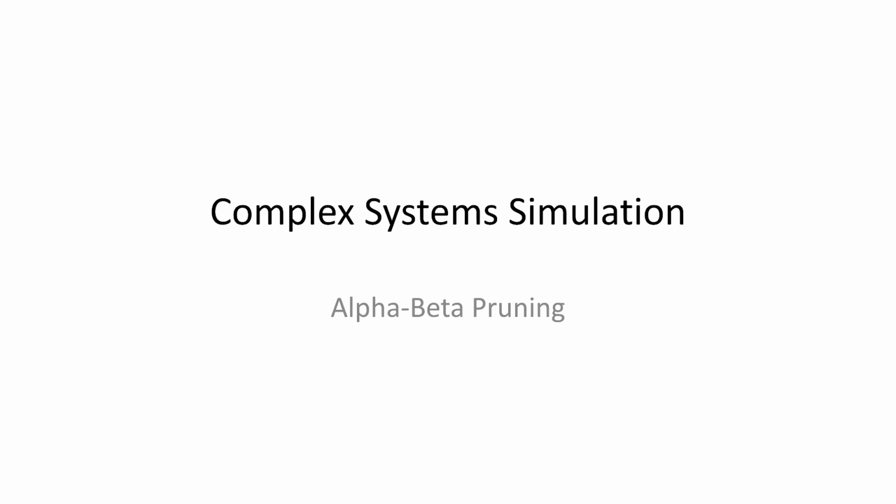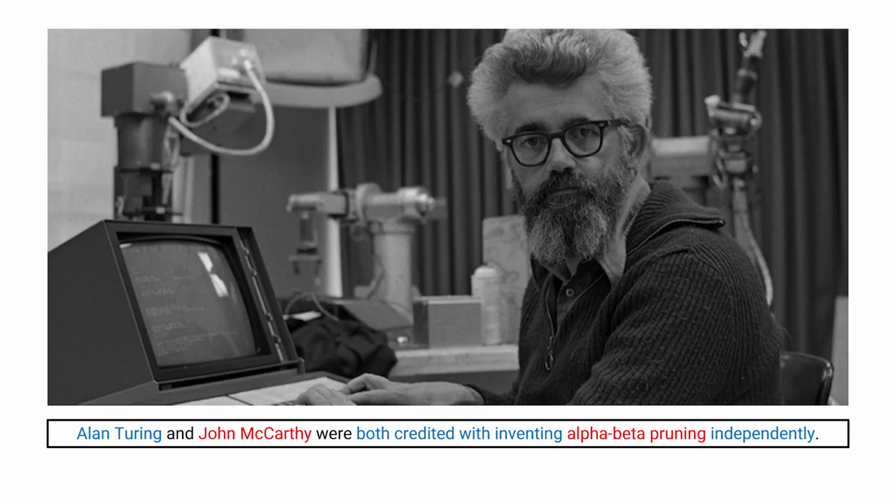In this video, I want to talk about a way to minimize the number of nodes that you explore in a minimax game tree search, commonly called alpha-beta pruning. So alpha-beta pruning was first